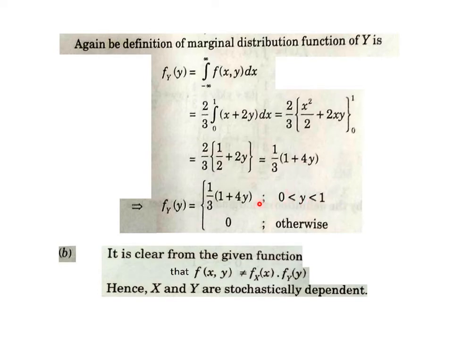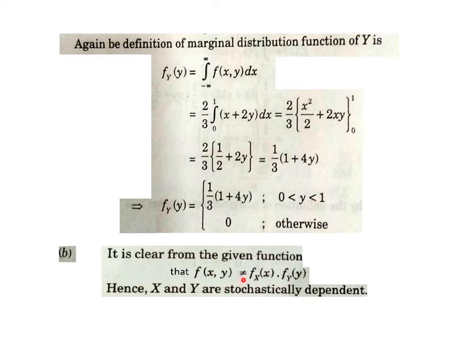When y is lying between 0 and 1, it is fY(y), and 0 in other cases. So we got fX(x) and fY(y) as marginal distribution functions of x as well as of y. Now if we multiply that fY(y) and fX(x) which we obtained in the previous slide, and then check whether f(x,y), the joint density, is equal to the product of fX(x) and fY(y),